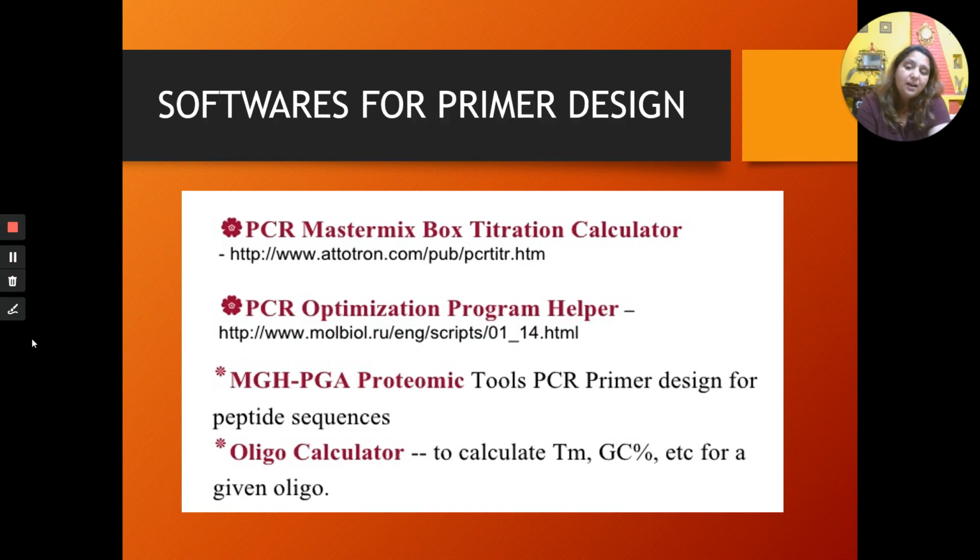Since this part is not in our syllabus, I am not dealing with the softwares which are involved in primer design. I hope आपको ये समझ आया होगा. So with that, I stop over here, and then in the next lecture we will talk about the next